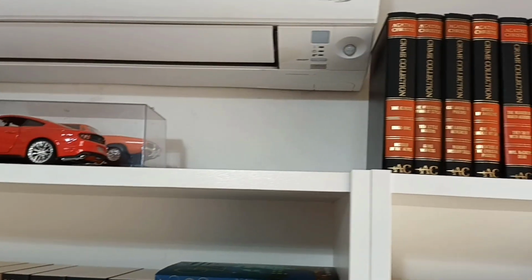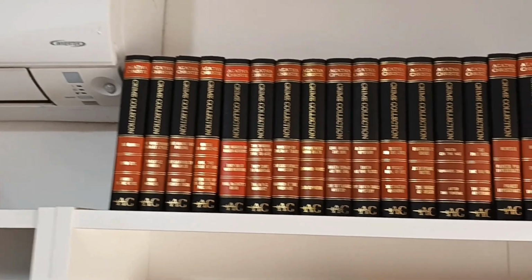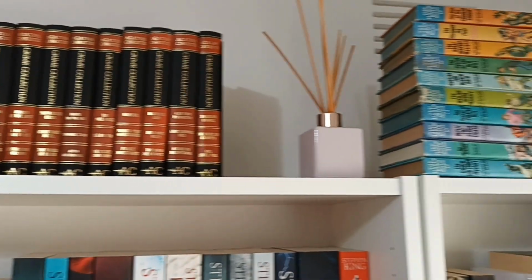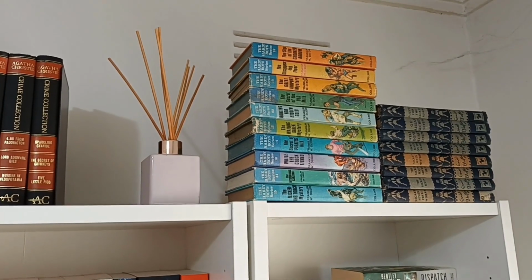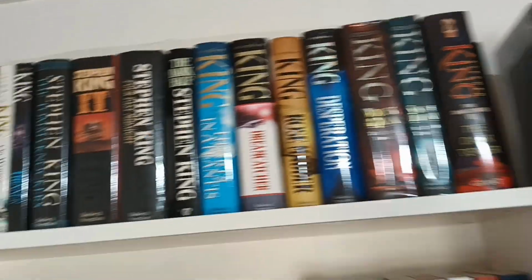And then we move on to my Agatha Christie collection, which I've got a lot of the volumes. I think I'm missing about 4 to complete the set, but it'll be nice to finish that. And I've got some vintage Hardy Boys hardcovers there, along with some Secret Seven as well, which are quite rare at the moment. And swinging on back, we're going to start with